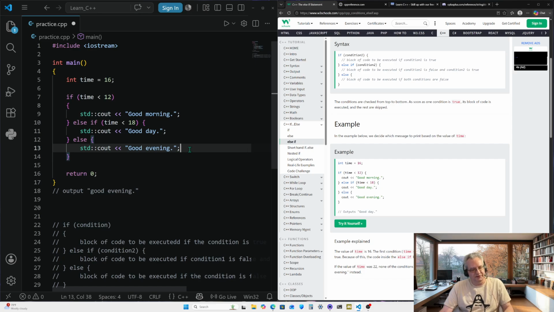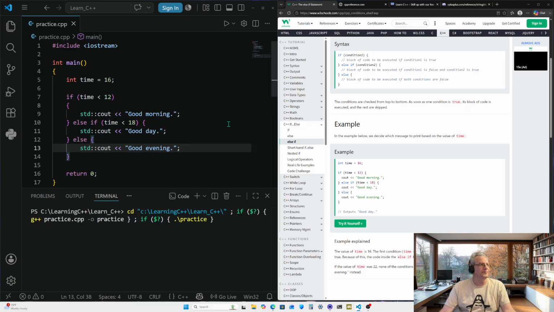Well, for now, let's go ahead and save it the way it is. Like I said, we can play with it and find out. Run it. And it looks like it prints good day, which is this block of code right here. So obviously this one right here is false, but this one is true. So therefore good day is printed to the console because it runs this line of code. Let's